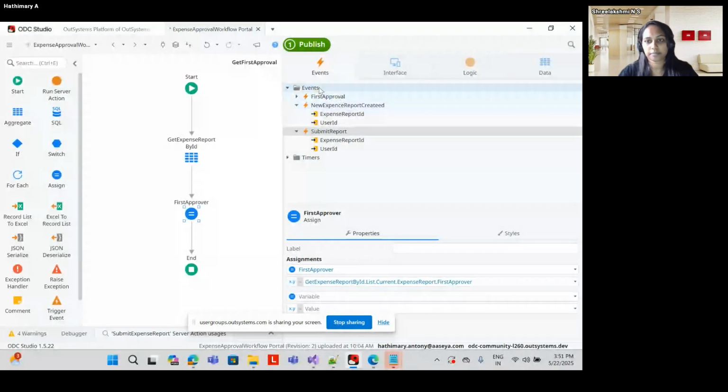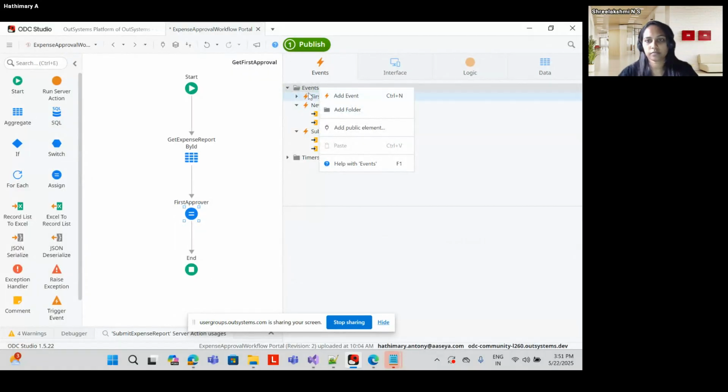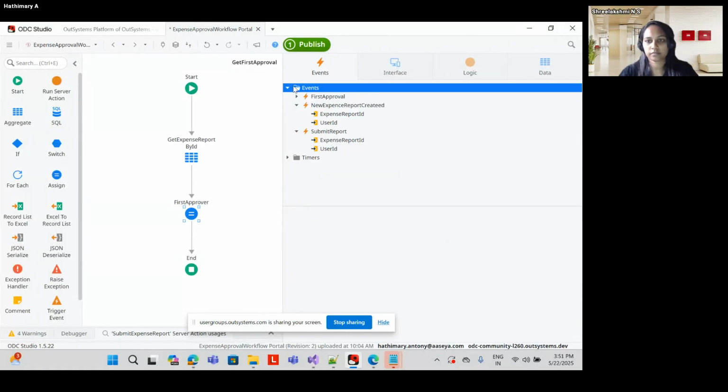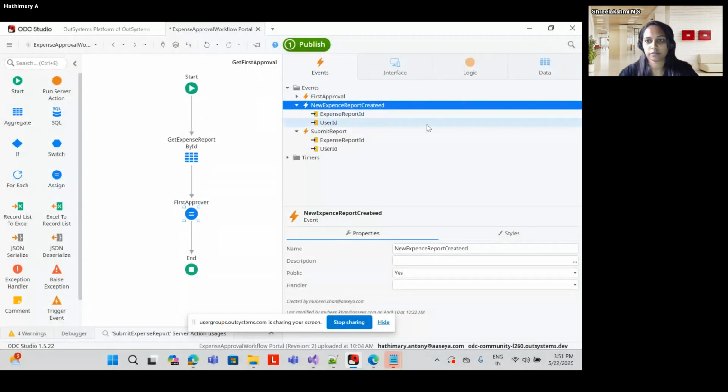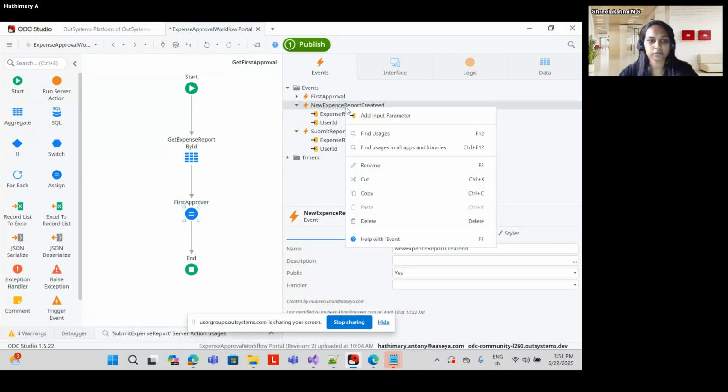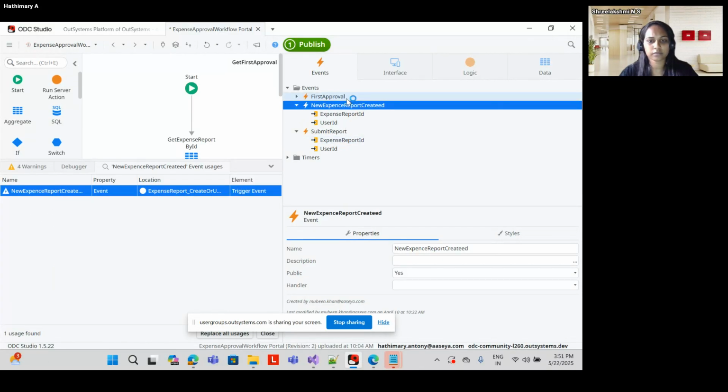So how do we start the workflow? Do you want to take that question, Hatimari? Yeah, with the events. Maybe I will share my screen again. Hope my screen is visible, right? Yes. So we can create an event in the ODC application. For example, whenever any expense is created, I want to trigger the workflow, so it should happen automatically, right? If you see the usage here,